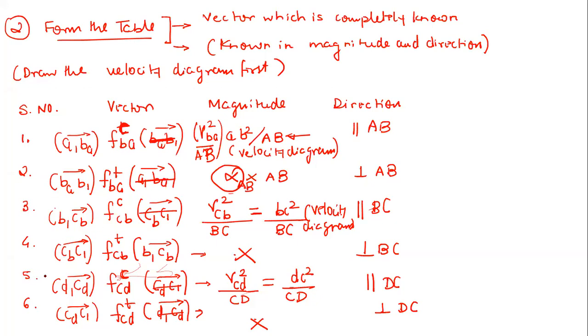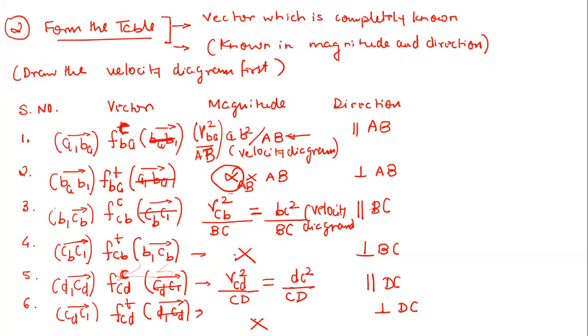I have already told you so many times that if you don't know the magnitude of two vectors, but the direction of those two vectors are known, then you are able to locate the common point C1, and you can easily find the magnitude of these two vectors using the directions. These things we already discussed in the velocity diagram. So the same thing we have to do here also. Can anyone tell me what should be my next step?